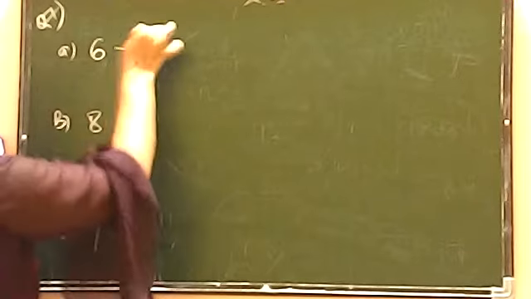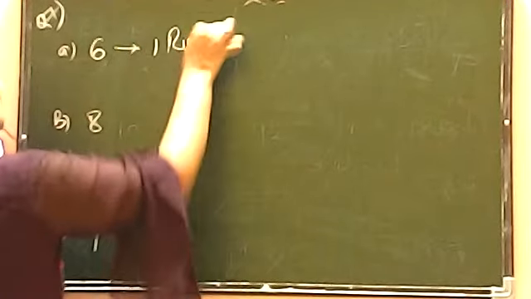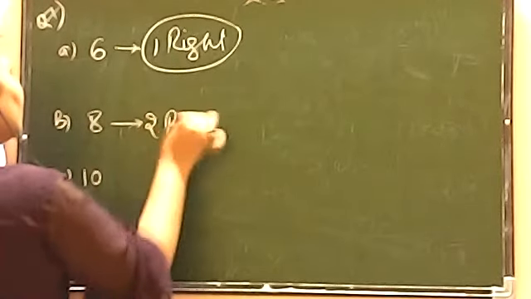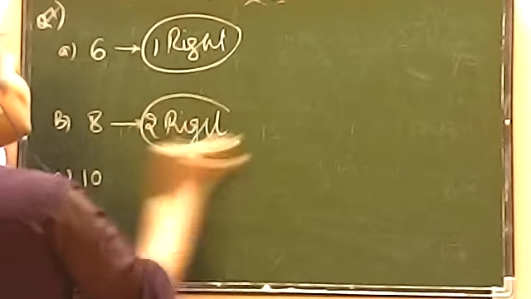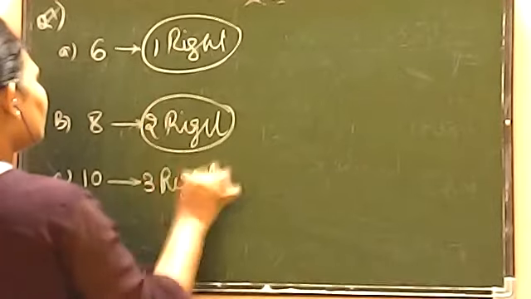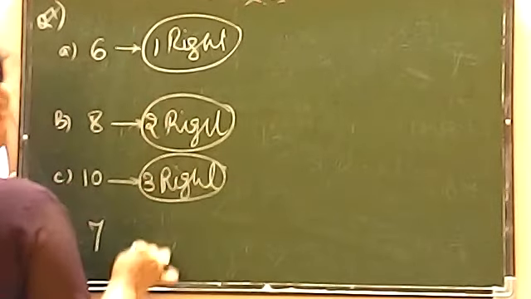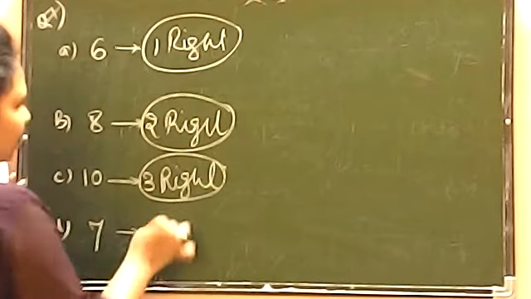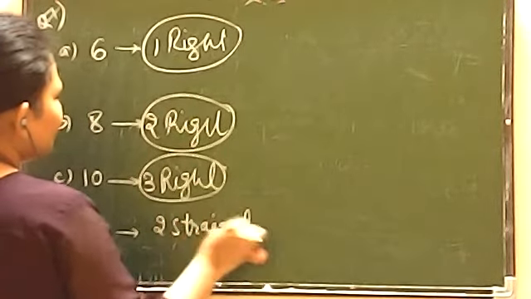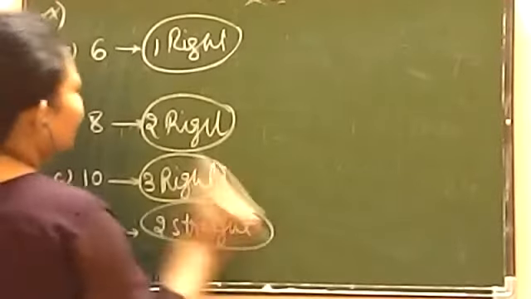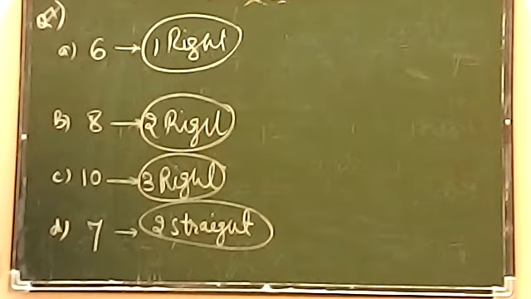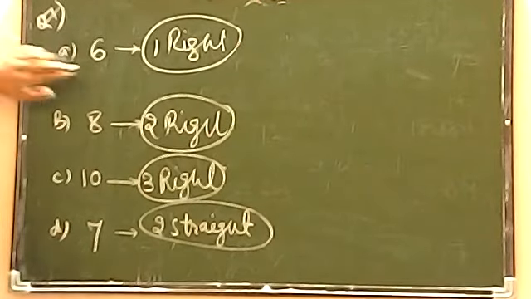Now here it is telling 1 right angle. Here it is telling now 2 right angles. Here it is telling now 3 right angles. And the last one it is telling 2 straight angles. 2 straight angles, I will be explaining to you how. Now look here one by one. 6 is where the hand of the clock is. है ना? 6 पर है आपके पास.